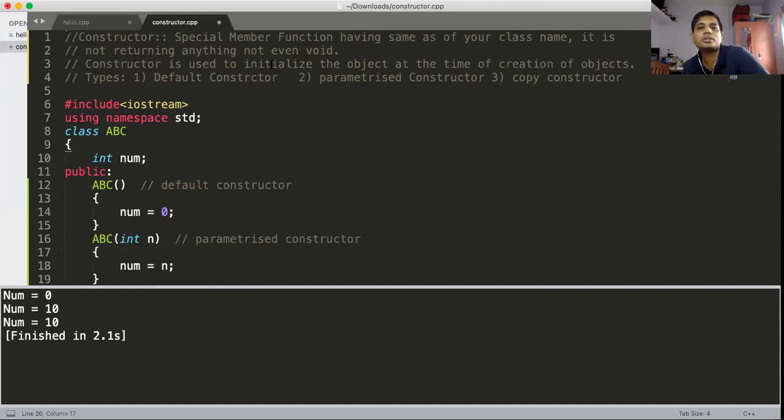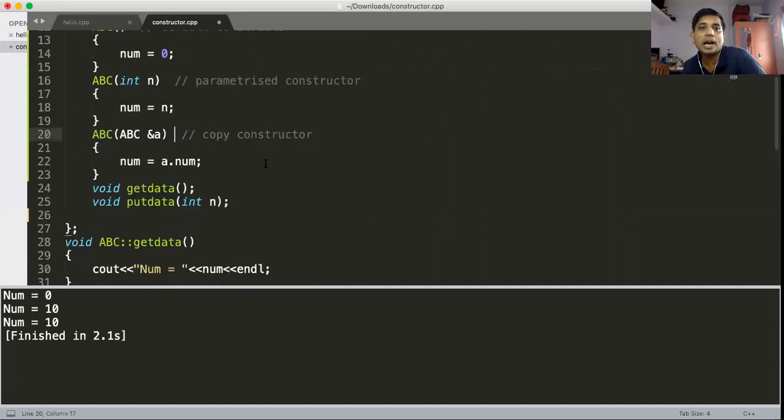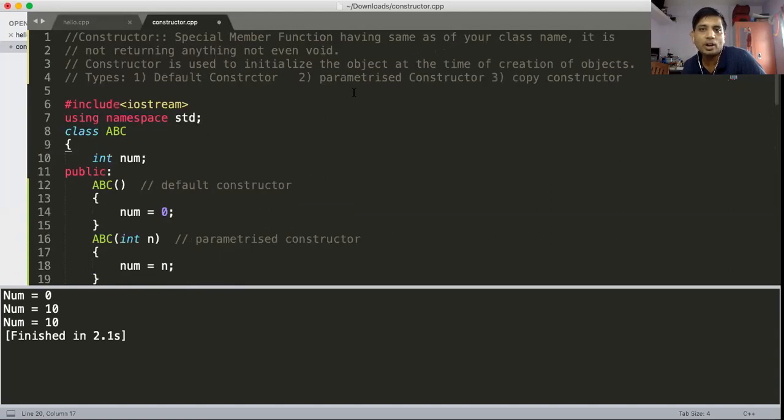We are not calling the constructor here, but it is called automatically when the object gets created. So it is used to initialize the object at the time of creation. And again, there are three types of constructor: default constructor, parameterized constructor, and the copy constructor.